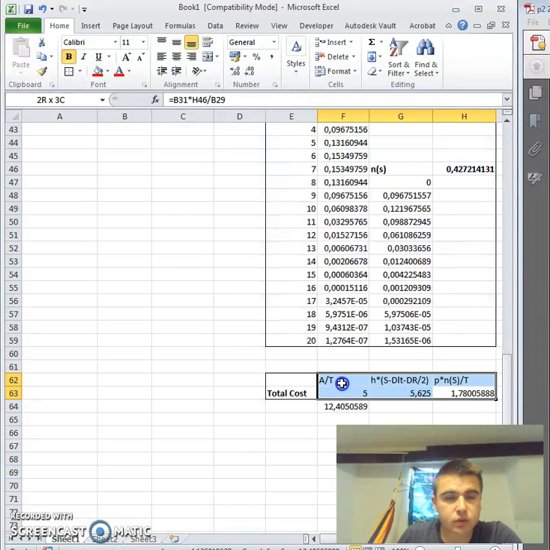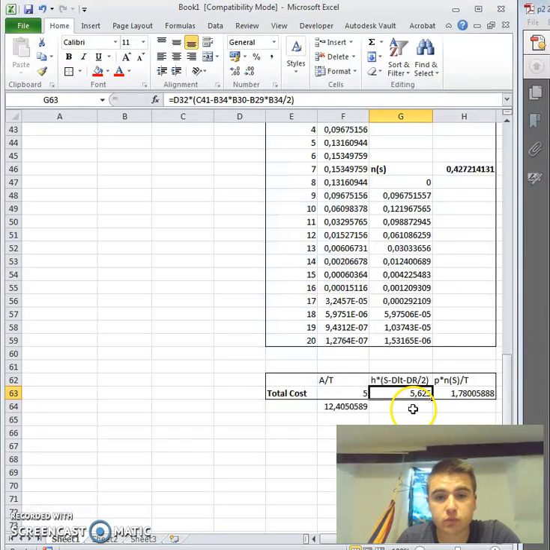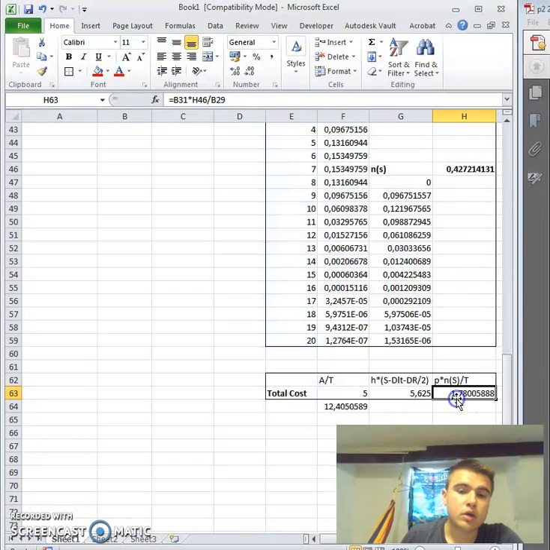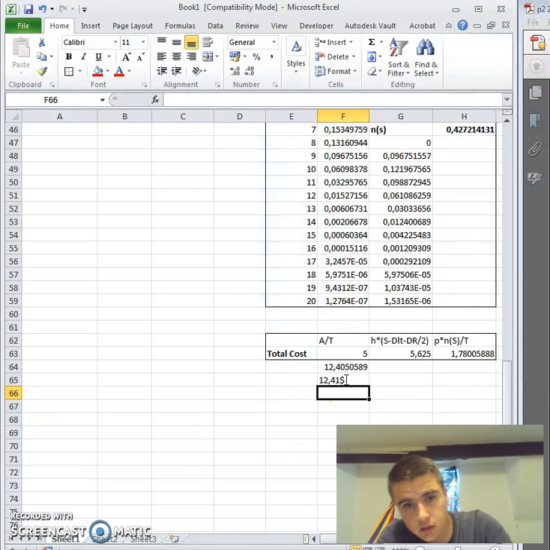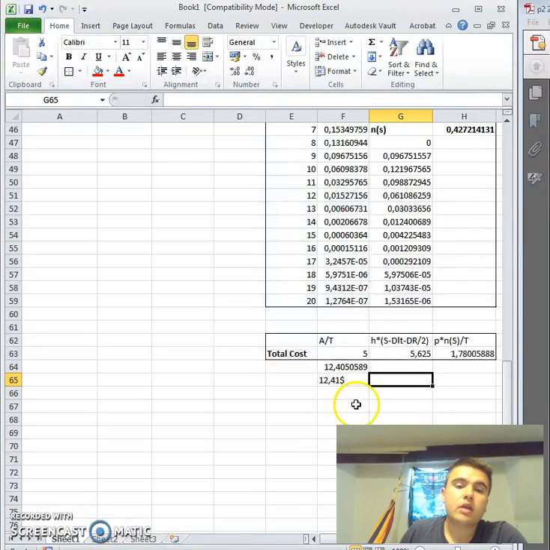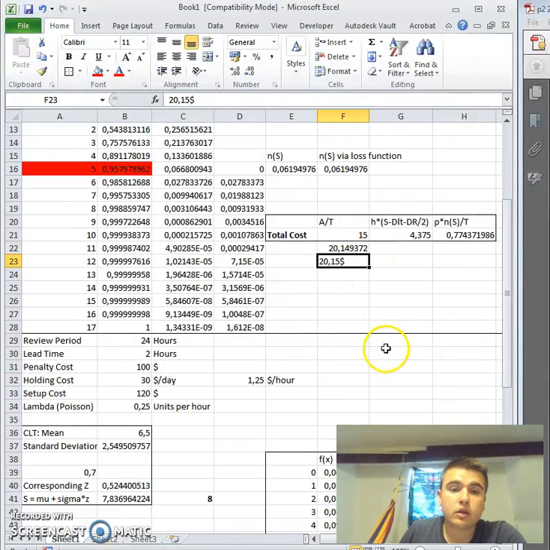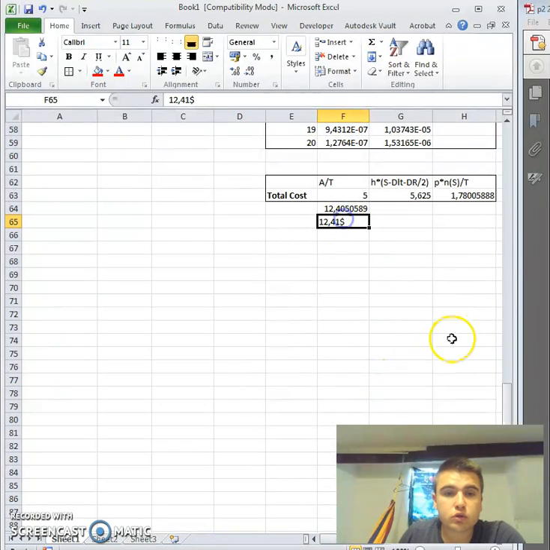And filling this in with the three terms, A divided by T, H times (S minus the demand during the lead time, which is 2 hours, and the demand during the review period, which is 24 hours right now, divided by 2), and the penalty cost times the number of faltantes divided by the cycle, this ends up at a total cost of $12.405, which is equal to $12.41. So what we see is that the cost changed from $20.15 per day to $12.41 per day,